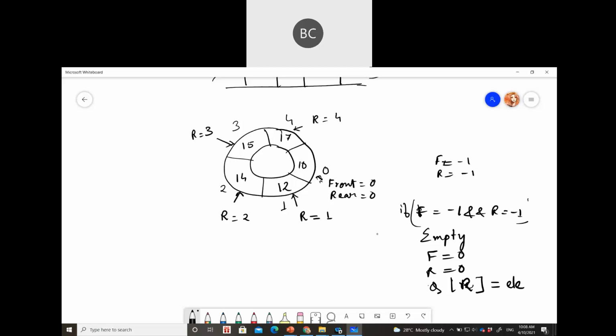In this way, you will keep adding and incrementing the rear value.